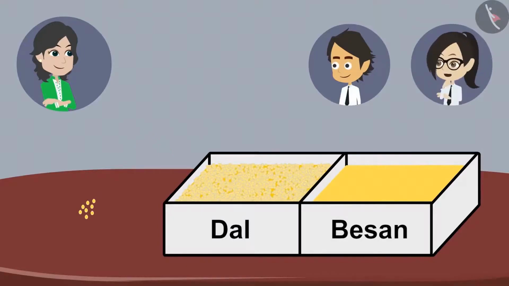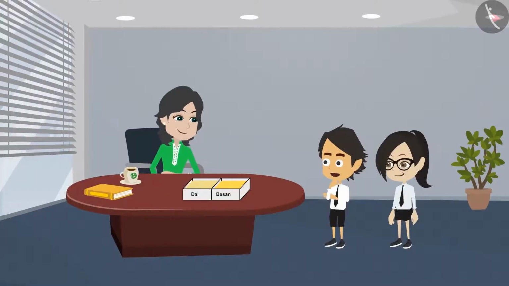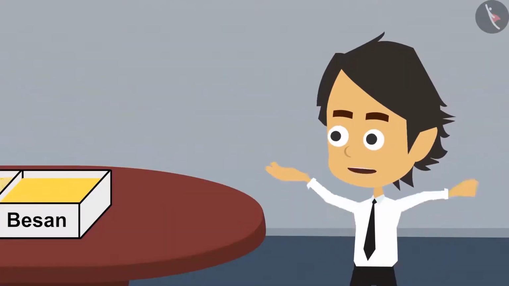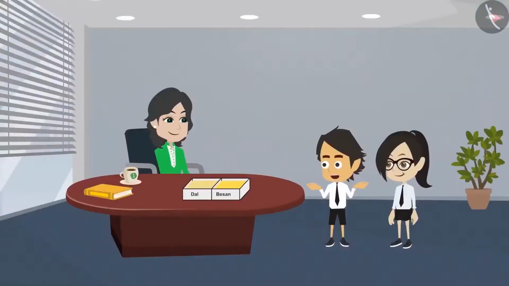This pile is huge. By the time I finish this, it will be late in the evening. This is not the right way to measure dal. This means this is not the way to divide dal into two equal halves. We can neither cut nor count it, and unlike the liquid, we cannot measure besan. So how do we divide besan?